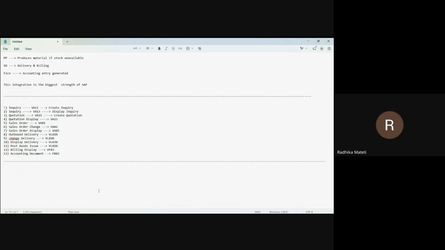What exactly happens in PGI, post goods issue? Once you create the outbound delivery for one sales order, the delivery is done. After delivery is done, goods reach the customer. Then post goods issue is created. The delivery document records that goods have